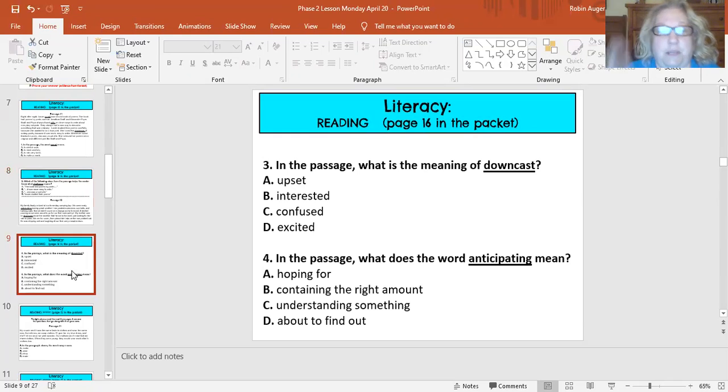So what does anticipating mean? Let's see. Hoping for, containing the right amount, understanding something, or about to find out. And if we see that they packed for a certain kind of weather, it looks like they were really hoping for sunshine and warm weather. First day didn't turn out quite that way, but hopefully the rest of their trip went as good as expected. Okay. All right. So we were going to be looking at answer A. All right. Let's go on to